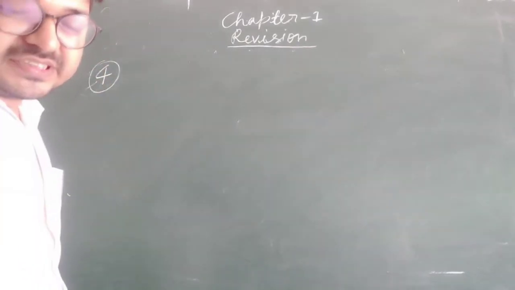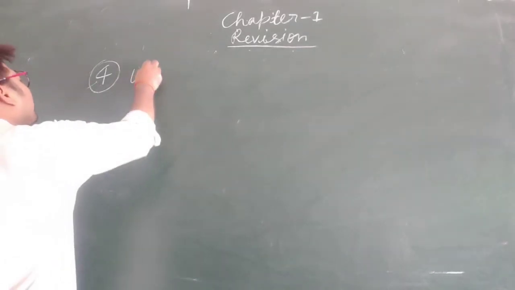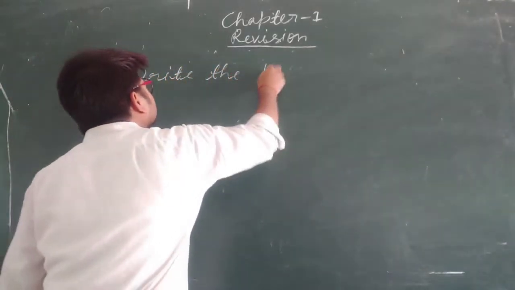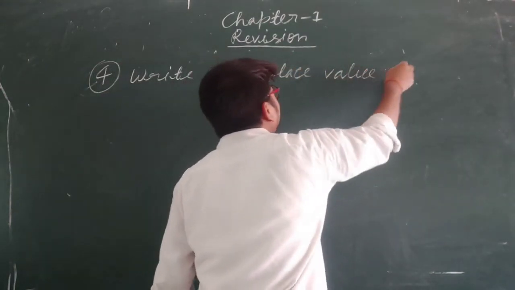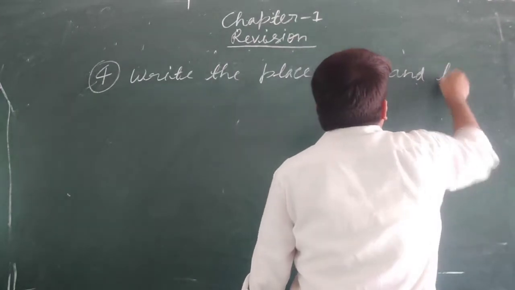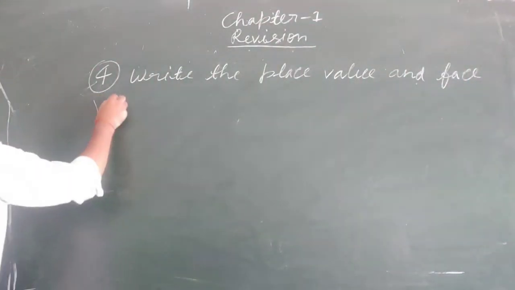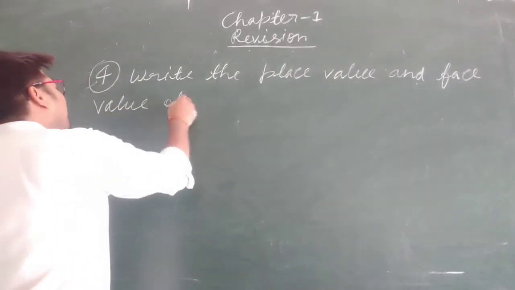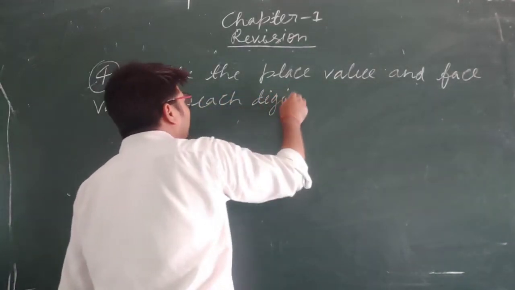Question number 4 is this: write the place value and face value of each digit in